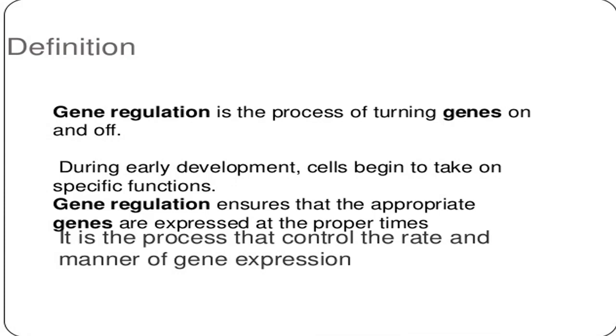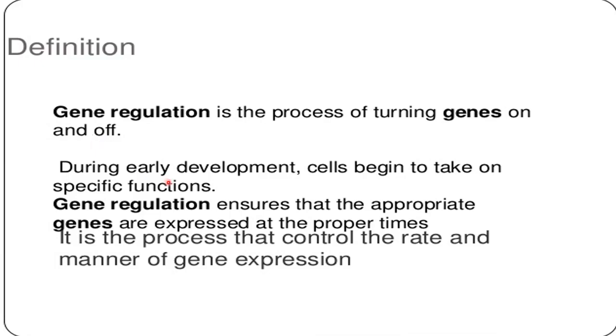Now, regulation of genes. What is the meaning of regulation of genes? We say that gene regulation is the process of turning genes on and off. It means how the gene will express itself by formation of different RNAs, and after that proteins. So what is gene regulation? It is the process of turning genes on or off for the formation of RNAs or for the formation of